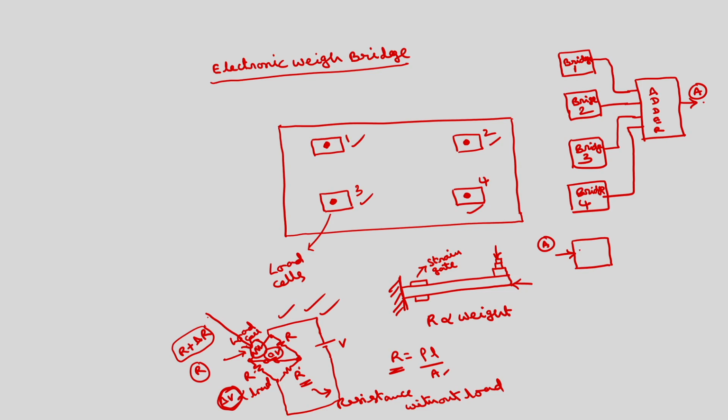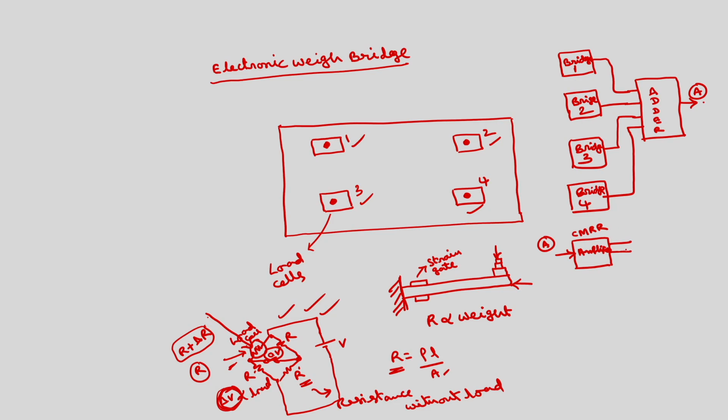Normally here we will use an instrumentation amplifier, which will have high gain and high CMRR, common mode rejection ratio, because while measuring these voltages there may be some interference, the common mode signals such as noise, which can be eliminated if your amplifier has high CMRR. It should also have high gain, high input impedance, so that the loading effect will be less, and low output resistance. So, these are some characteristics of the amplifier that is to be used in the signal conditioning circuitry.